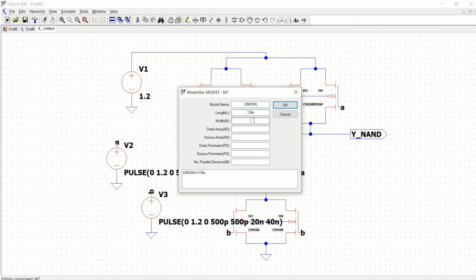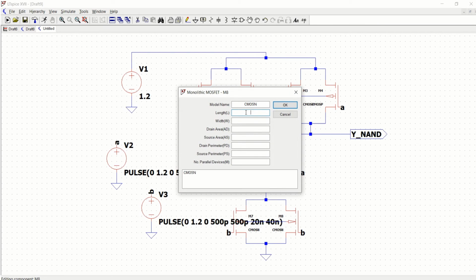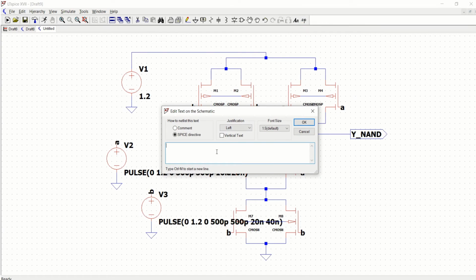So 130 for this. So I've set all the default values, that is width and length of the PMOS and NMOS, to be of 130.